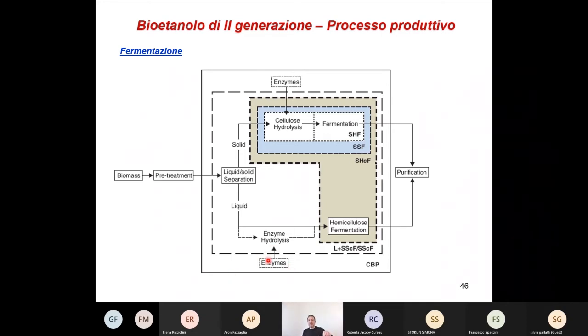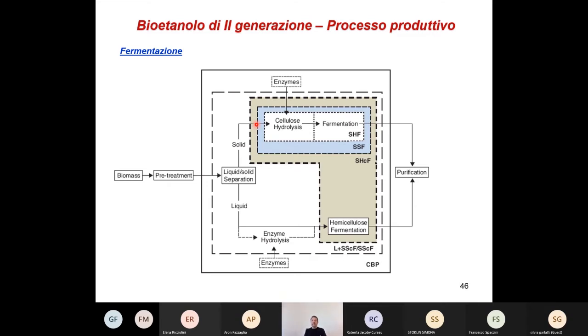So a part of the biomass you separate in some way. A part of the biomass is used for enzyme production. So you create another reaction with other microorganisms that produce enzymes, or some microorganisms that use those enzymes, and so you have a quite completely closed step, because the enzymes are also produced inside the system. So you don't have to buy them.